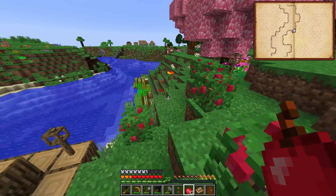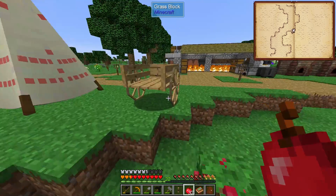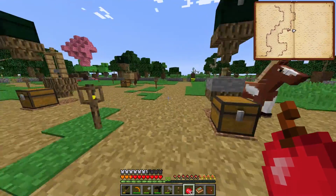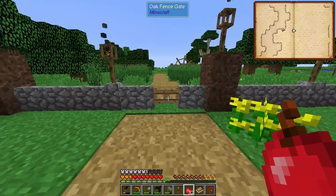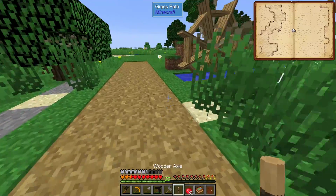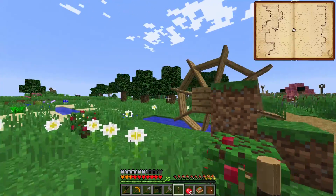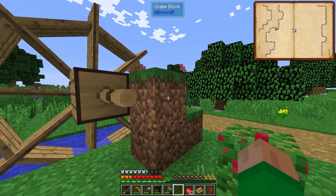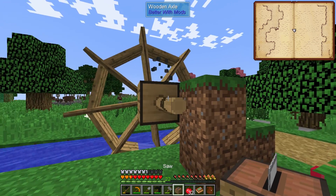Hopefully we can figure out how this works. I did go ahead, and you can just see there's a new row of plants down there. I went ahead and planted some hemp. We didn't actually have any in our garden, so I had to run around and find some hemp to make the axle. So, if we come out here... Let's try this first. If we stick the axle on there, that's turning. So, if we put the saw on here...